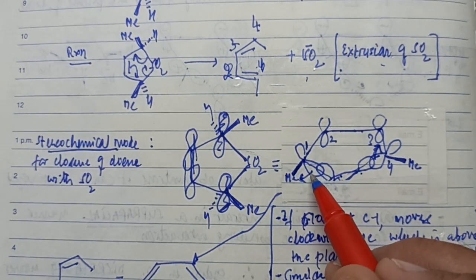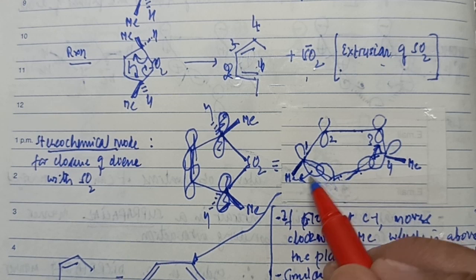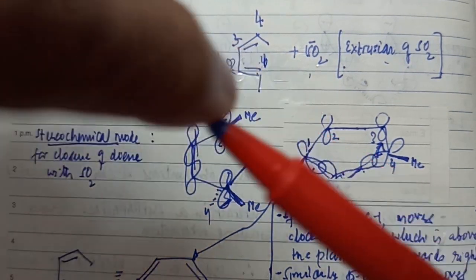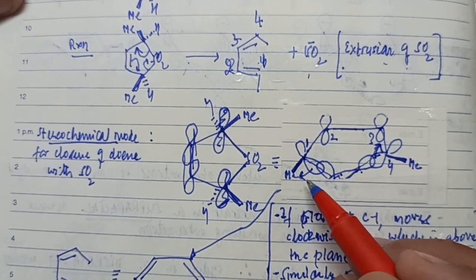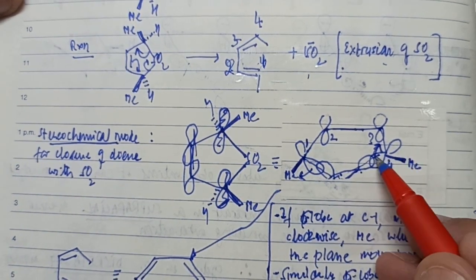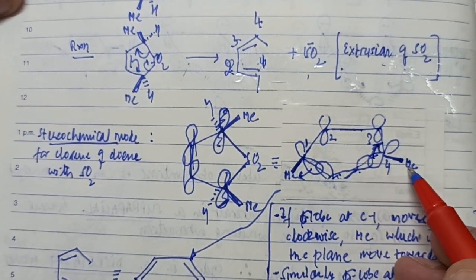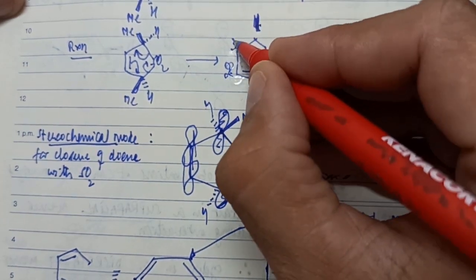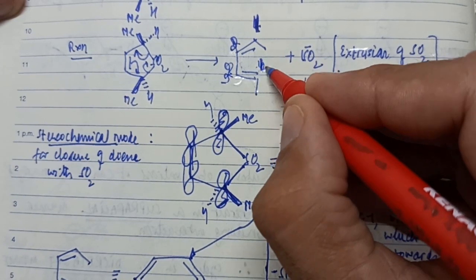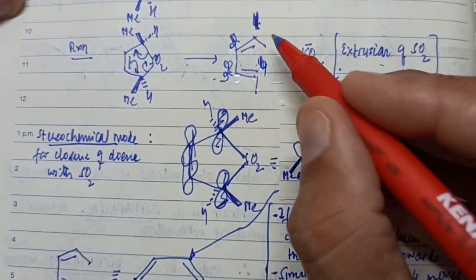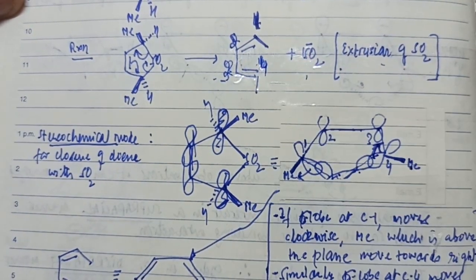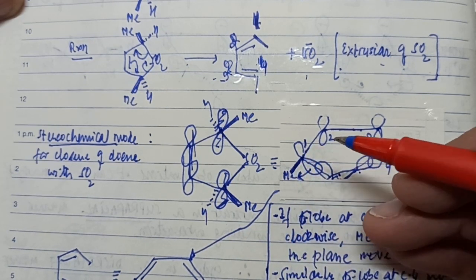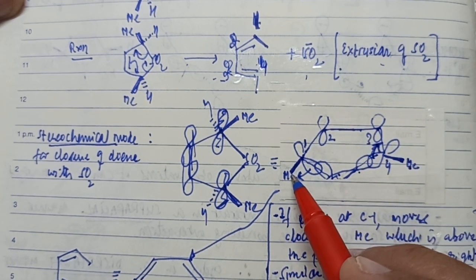If this lobe rotates in this fashion, how will the other lobe go? This methyl will go inside. In fact, I'm sorry, I had earlier drawn it wrongly, please correct it. This is 1, 2, 3, 4. On the first carbon atom, methyl is going in. This methyl was above the plane. It has to move in this direction to go inside. Therefore, this lobe is moving in this direction.